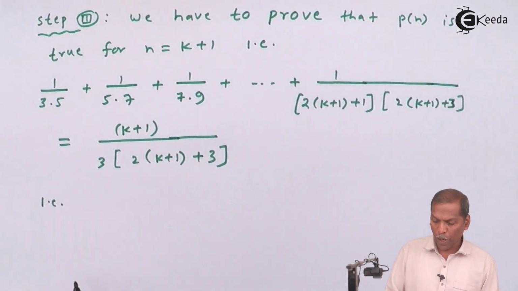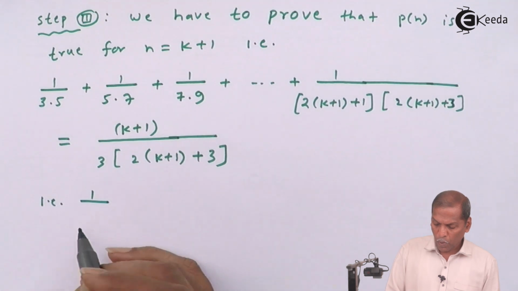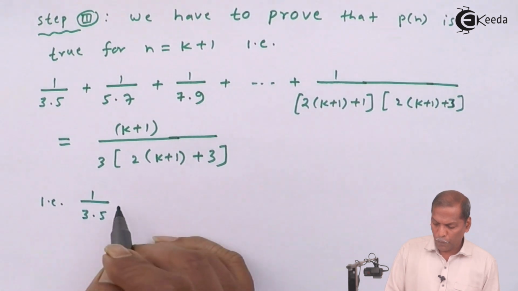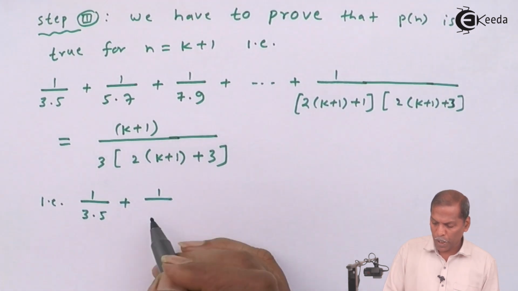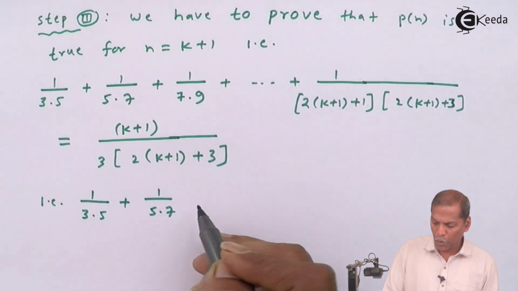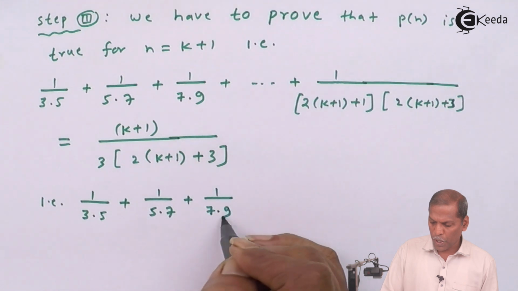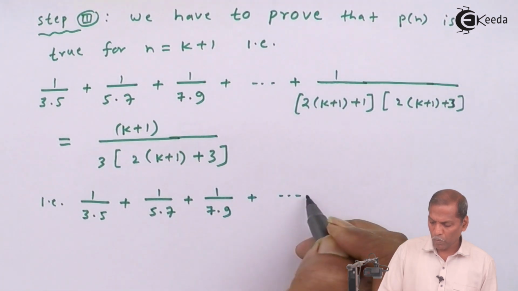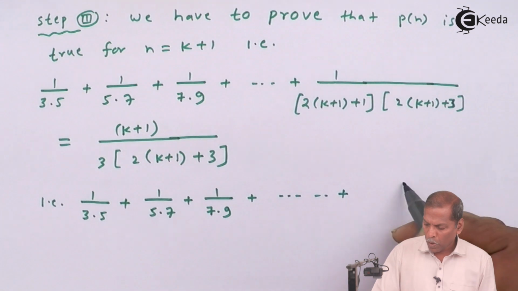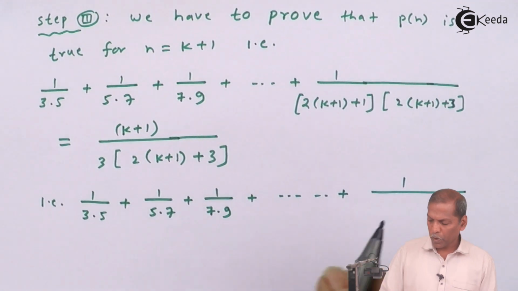It means we have to prove that 1 upon 3 into 5 plus 1 upon 5 into 7 plus 1 upon 7 into 9, going on, plus 1 upon